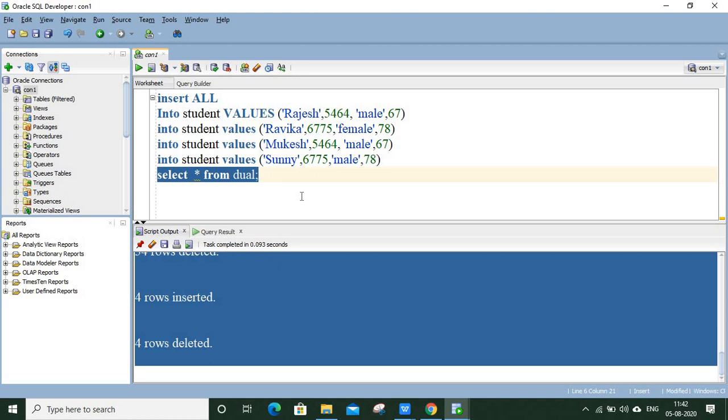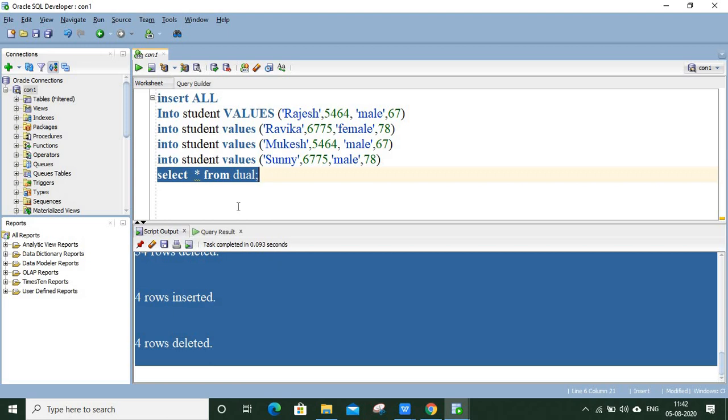You may also use any other table here, but I am using dual, and the purpose is that it will be returning only one value, and based upon the number of values that this select command returns, that many times the rows will be entered in this student table.